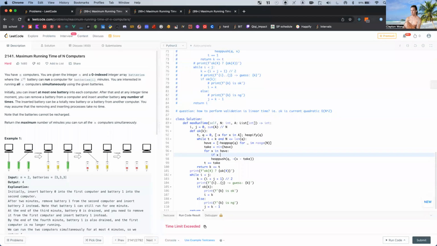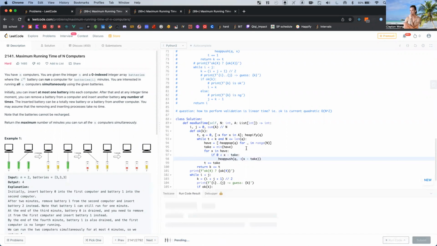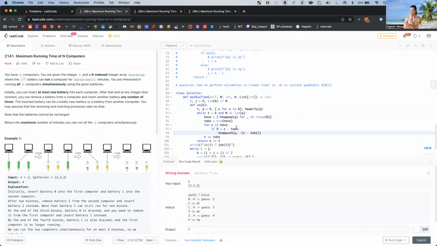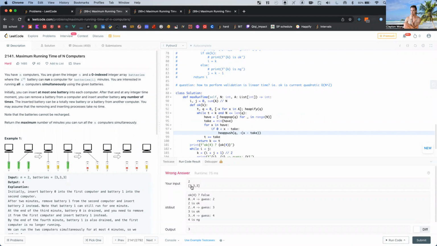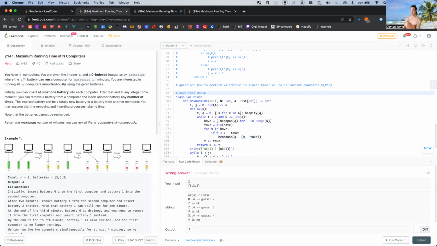If X minus take exceeds 0, it must strictly exceed 0. Okay, that makes sense. Otherwise, we just take and keep going negative. So that's not right. Take the minimum of what we have. Oh, here we're taking 3 at a time, 3 to 3, and we have nothing left. Dang it. Okay, so that doesn't work.